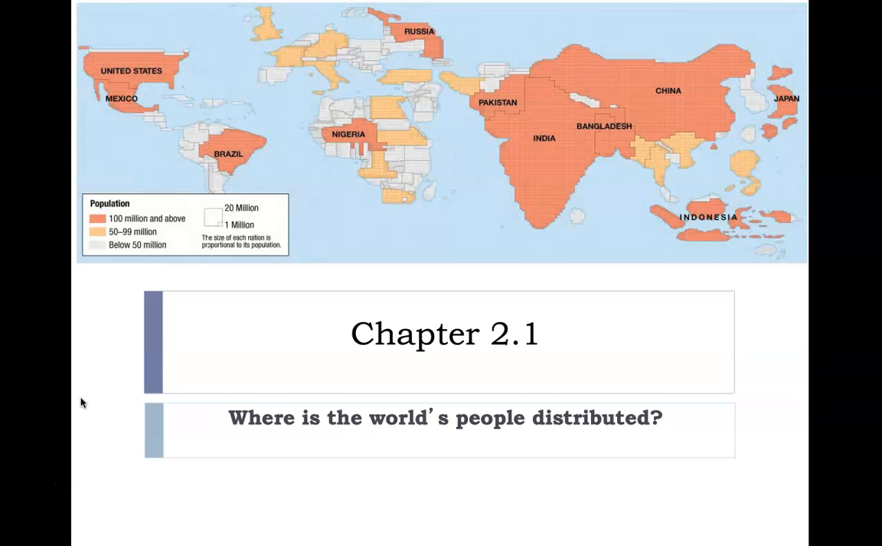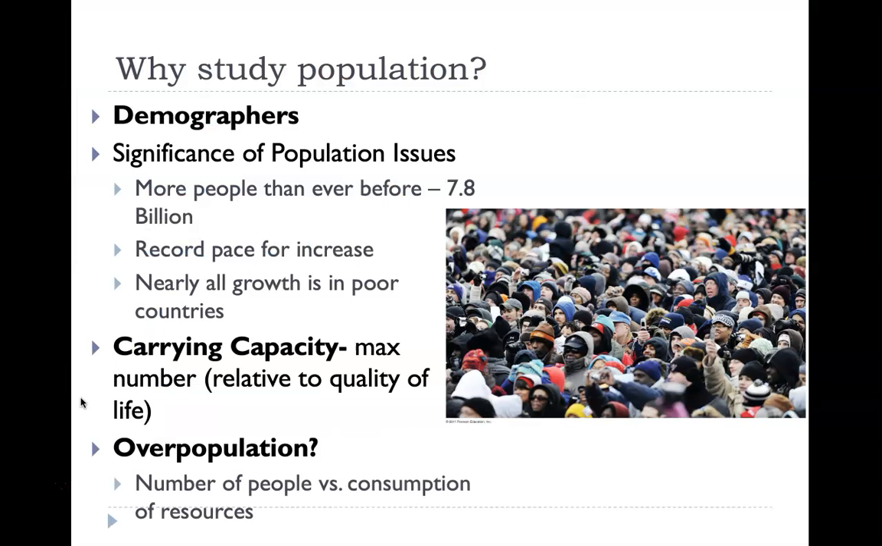All right, our discussion today is chapter 2.1. Where is the world's people distributed? All right, so we'll start off with a definition. Demographers or demographics or demography is the study of people, but it's statistically broken down into not just people in general, but things like age and gender and economics,